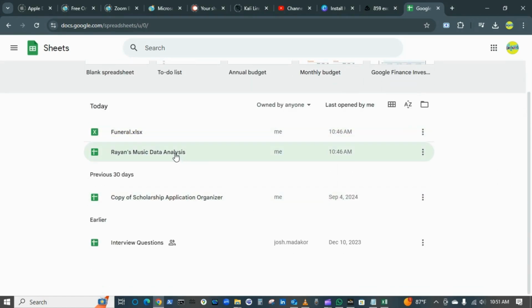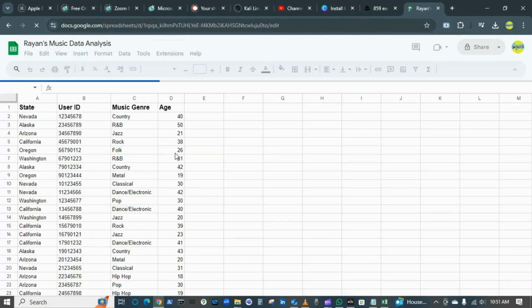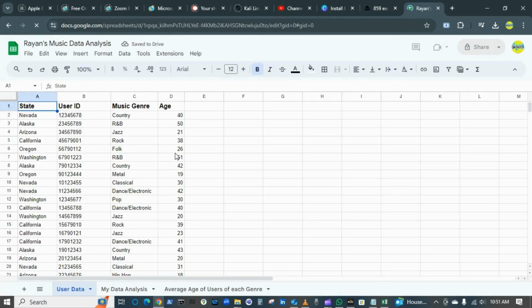I'll open up this file called Ryan's Music Data Analysis. As I told you before, we use Excel to analyze information. So this is an example of a Google worksheet in Excel. You can see state, Nevada, Alaska, user ID, music genre, and age.